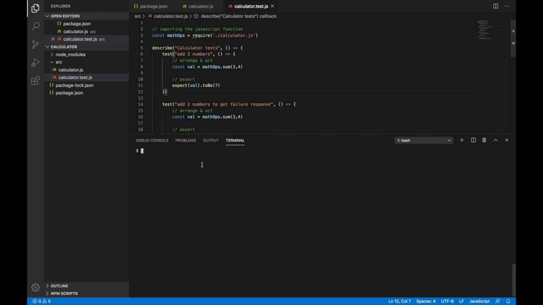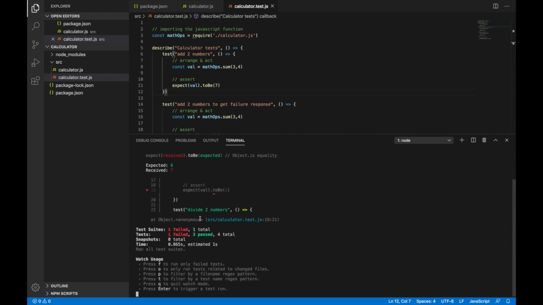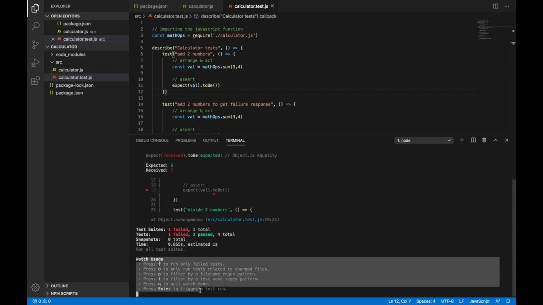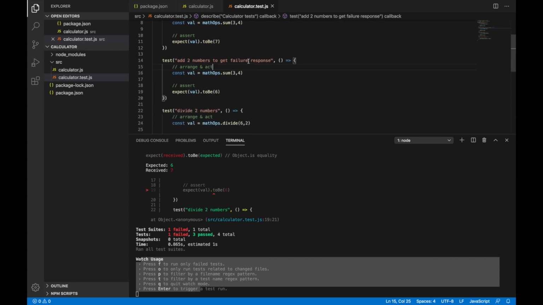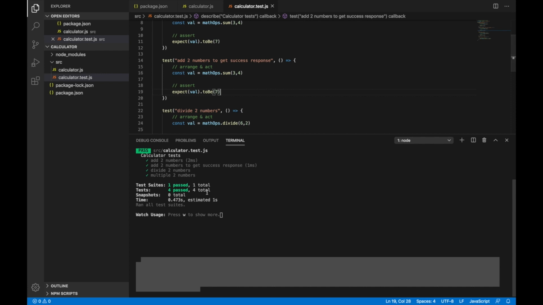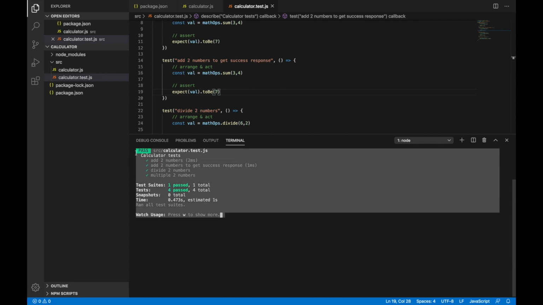Now if I run npm test, you'll see the tests running in watch mode, and it says watch usage, press f to run only failed tests and so on. Let's make a change in this test. The failure response, I'll make it success response and move that back to 7, and as I click save, it will run the tests, and now you can see all the tests have passed.